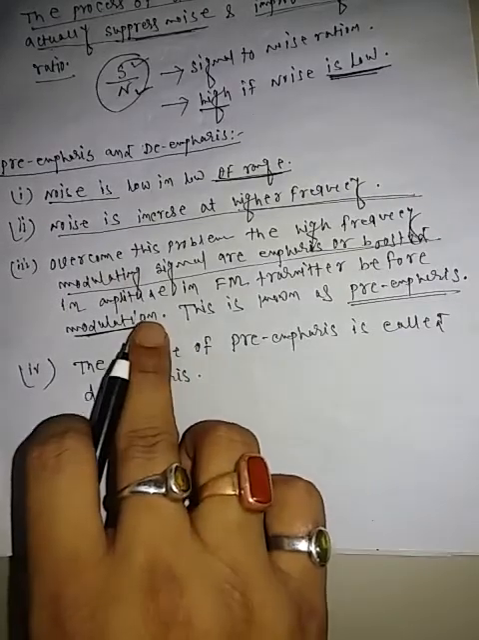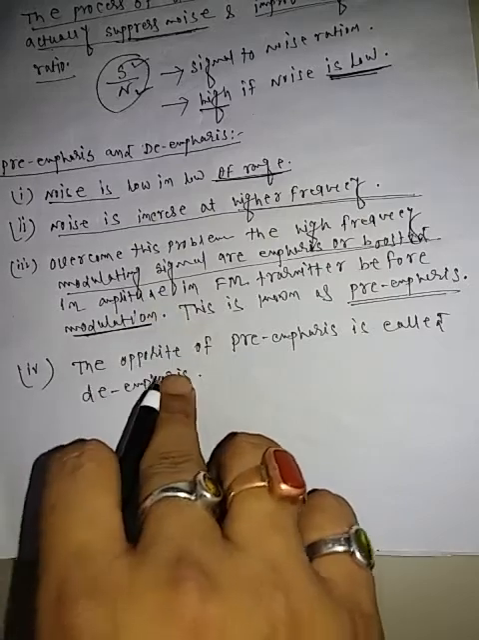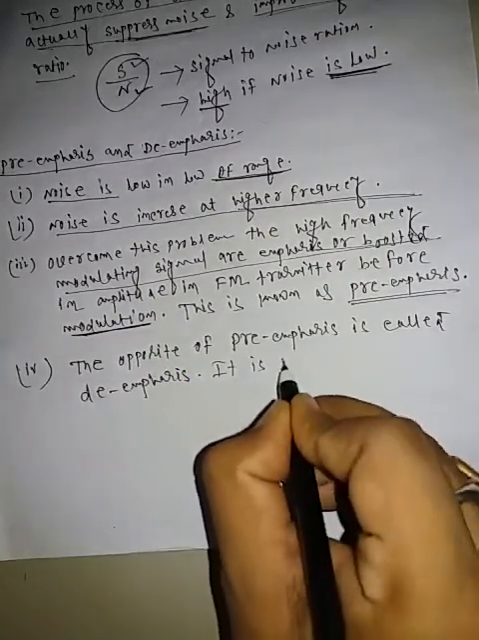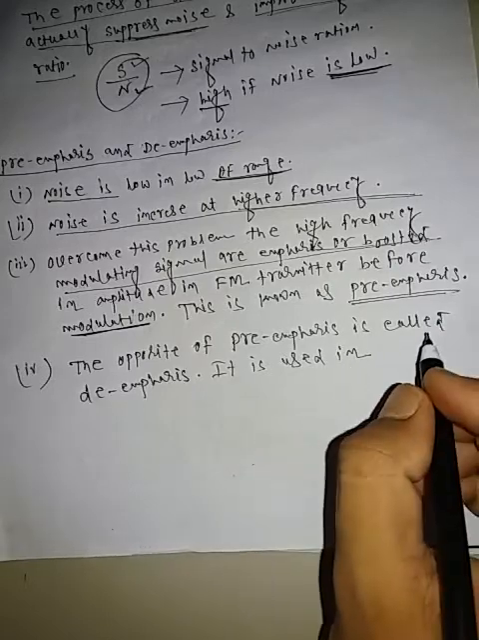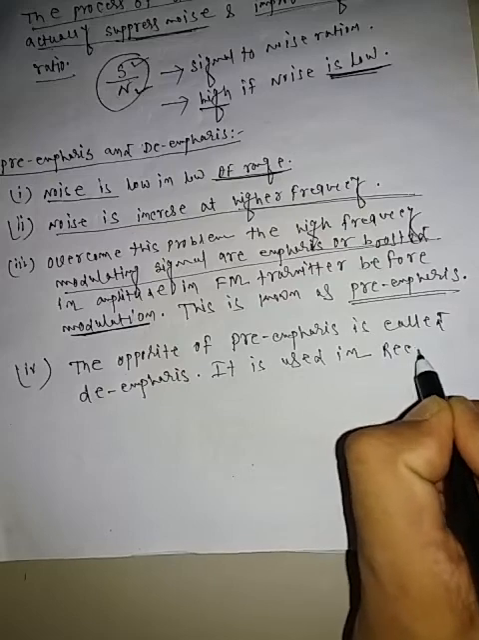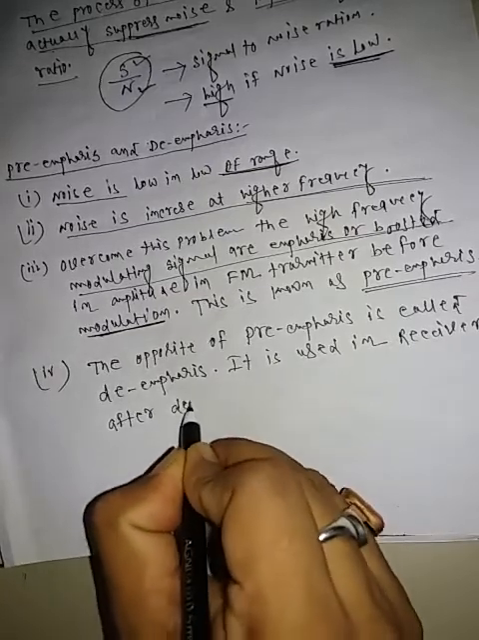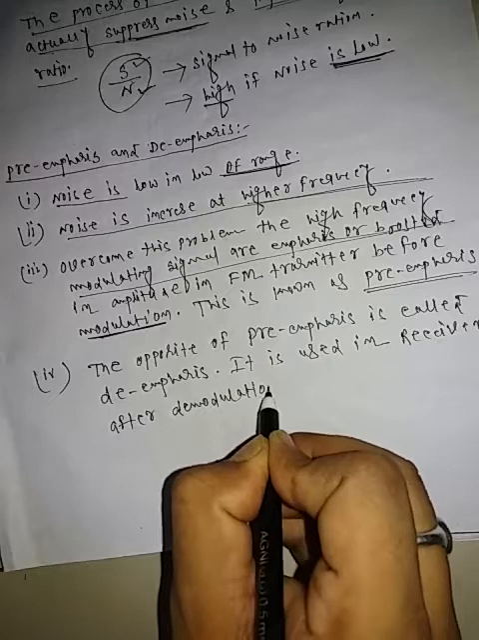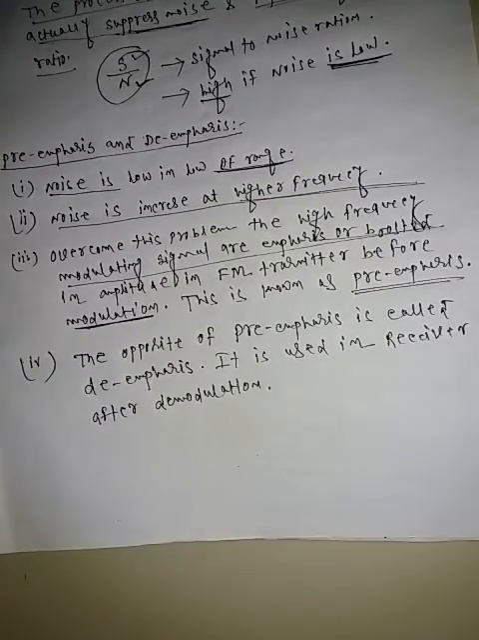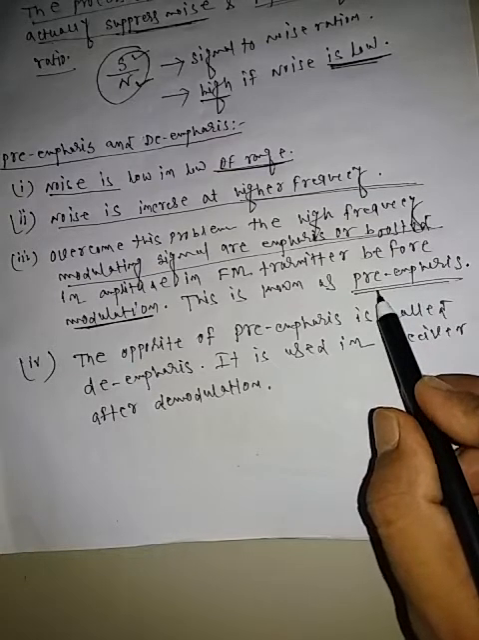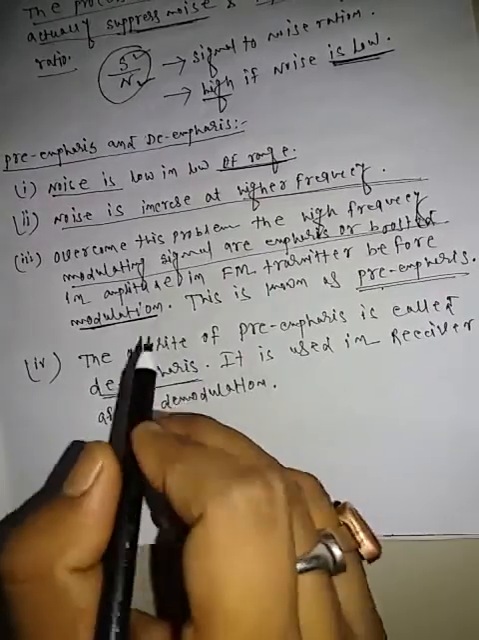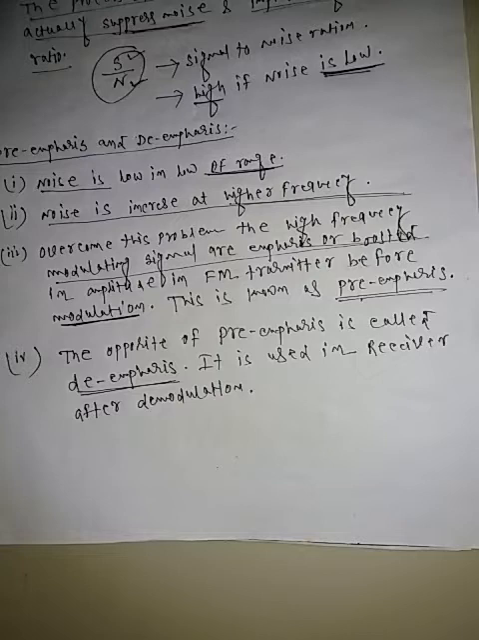De-emphasis means pre-emphasis is used in the transmitter, so de-emphasis is used in the receiver after demodulation. So pre-emphasis is used before the modulation and de-emphasis is used after demodulation. Pre-emphasis circuit is used in the FM transmitter and de-emphasis circuit is used in the FM receiver because